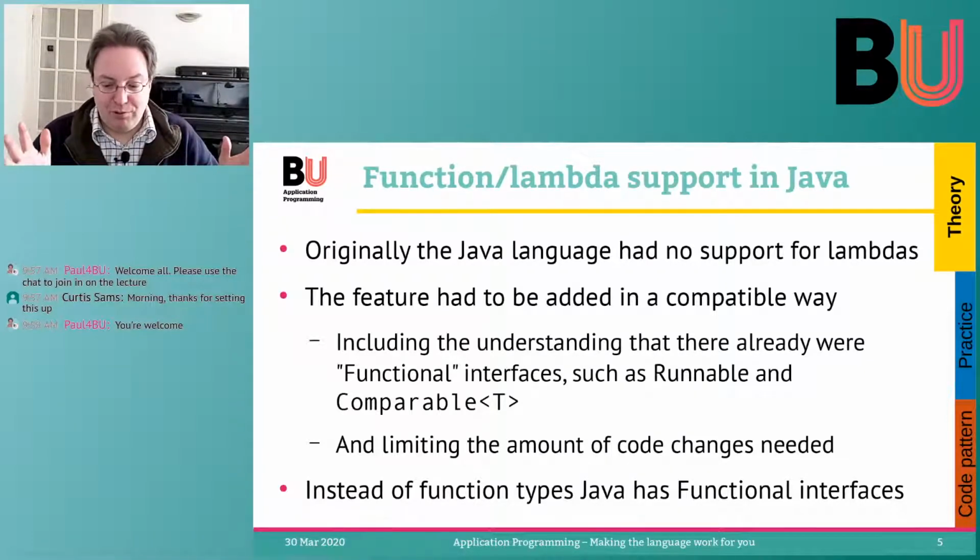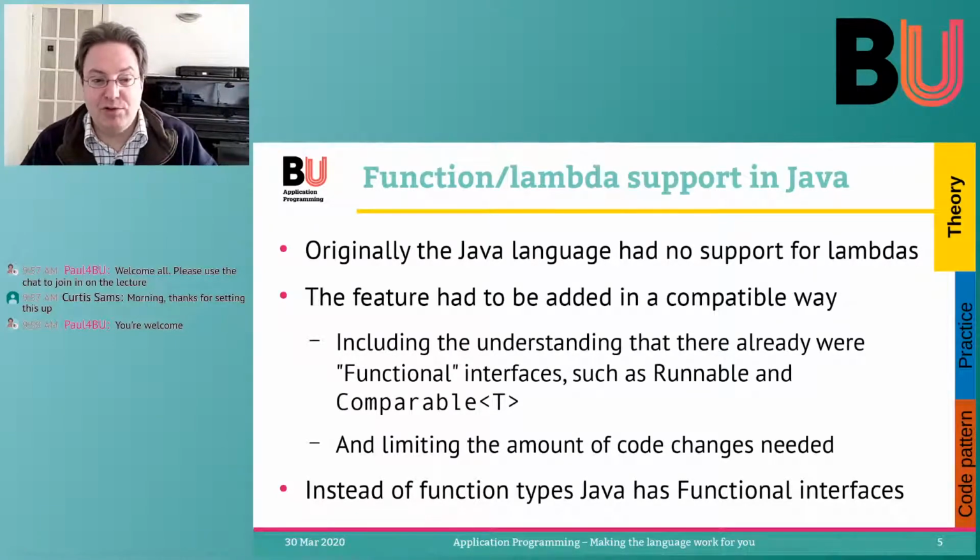They were not any part of the thought in Java. So no inline functions, or creating the function in place. Instead you'd have these anonymous inner classes, which are a lot of what we call boilerplate, and they look ugly but they work. So lambdas didn't exist, and they needed to add them in a